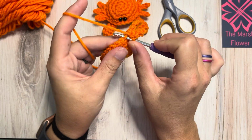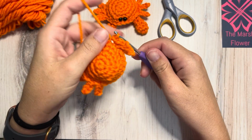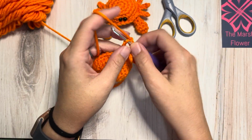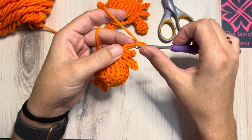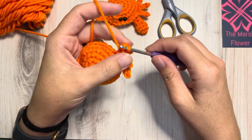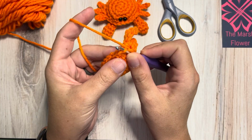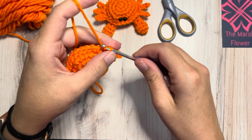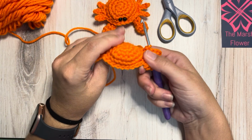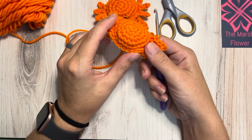And then I'll slip stitch into the next stitch from my crab back and do another chain 4. And this is our last leg. So we'll do 3 slip stitches back up this chain, and then we're going to slip stitch, still front loop only, to the body. All right, so your 9 slip stitches in between your legs is going to be